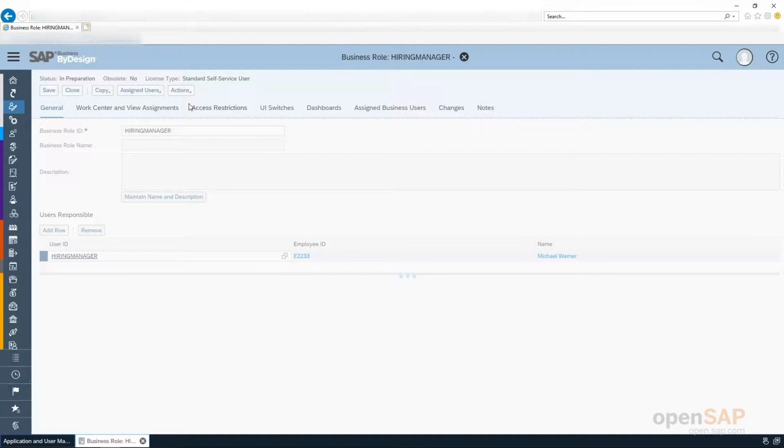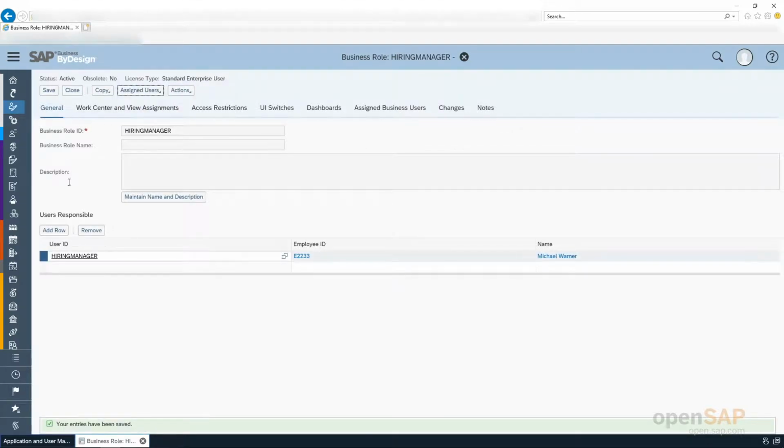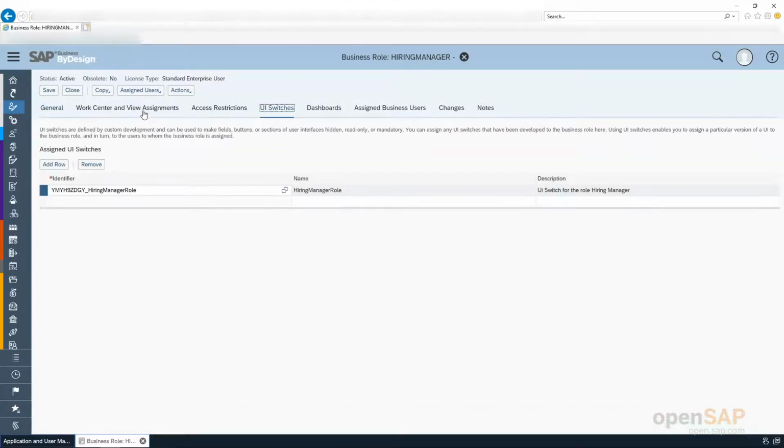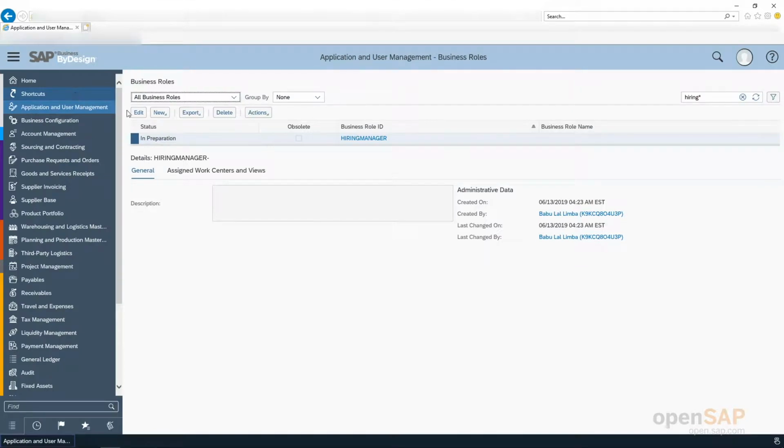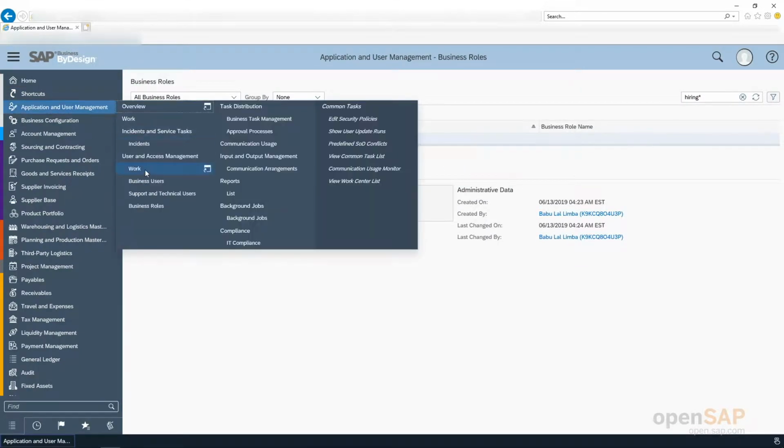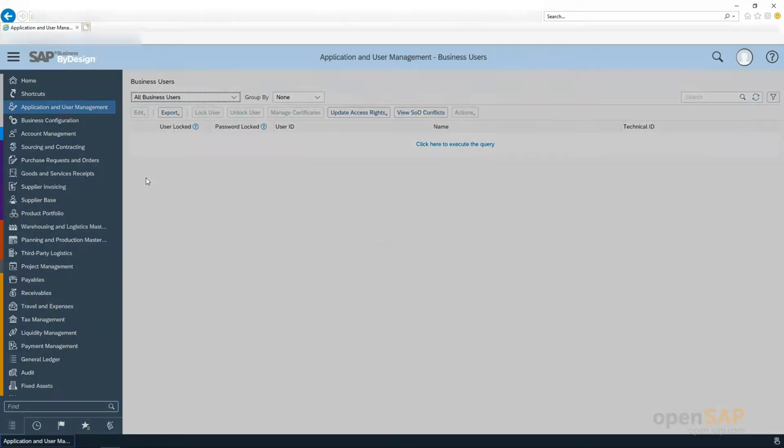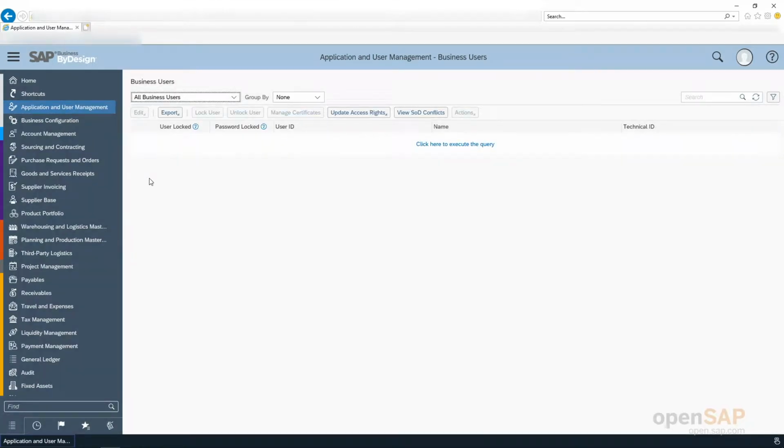Once the business role is active, it can be assigned to the business user. So, let us confirm the data and then close it. Yeah, it is active. Let us go to the business user now, and here I will assign the business role that I created to the business user.